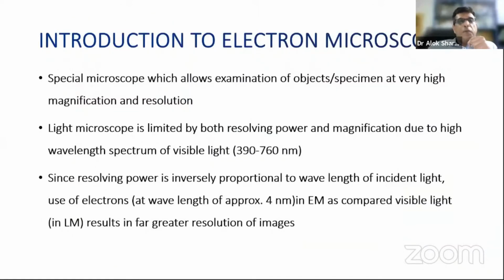So for the beginners, electron microscopy is one technique which is unfortunately not available at many locations. So this is one thing which gets missed out even in training in a lot of places. You need to be aware, and try to gain as much knowledge from these talks and other things as possible. It's a special microscope which allows examination at very high magnification and resolution, predominantly because we are using electrons as the source of light. Because they have a very short wavelength, you get a lot of resolution. That's the basic idea of using an electron microscope.